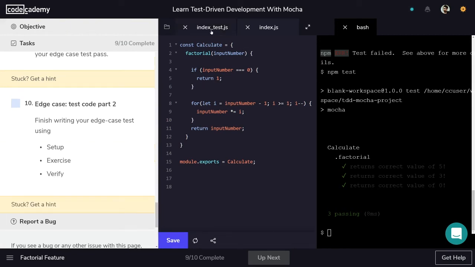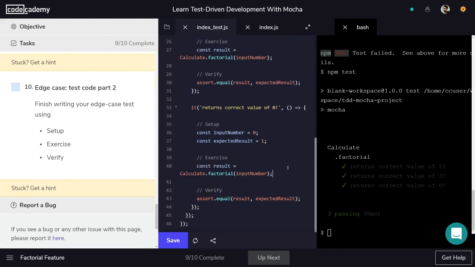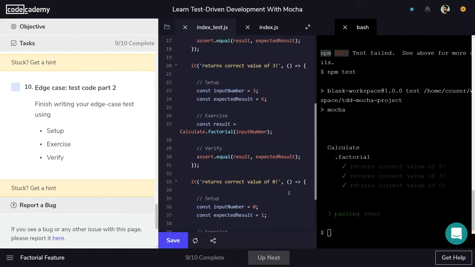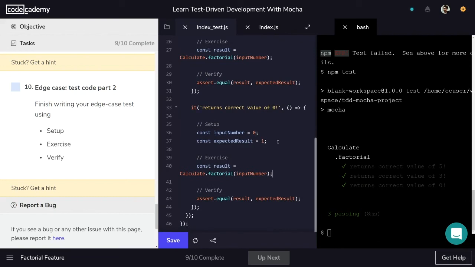The very last thing we're going to do is refactor our edge case test here so that it follows the setup, exercise, verify phases. I've gone ahead and done this off camera because you should be pretty familiar with the format up until now. In fact, it's exactly the same as we've done in our other 2 tests. The thing you need to focus in on here is that our input number, the number we're testing for, is 0, and our expected result is the number we want to get out,